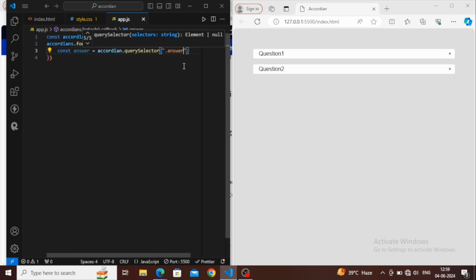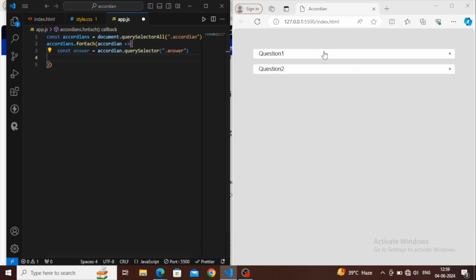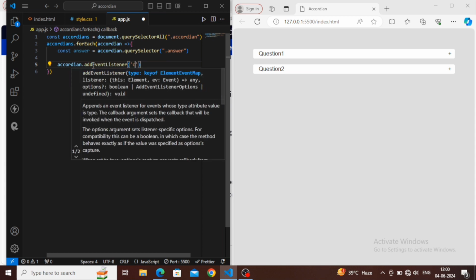Now we need to add an event listener to this part, and inside that event listener we will use a function which will toggle the answer class with the active class. So accordion dot addEventListener will be click.